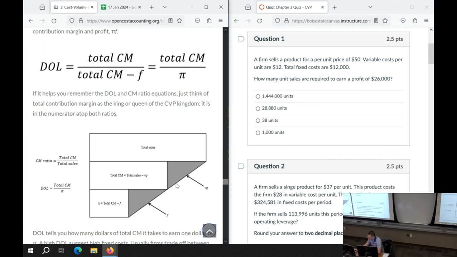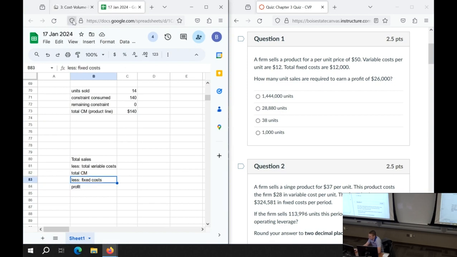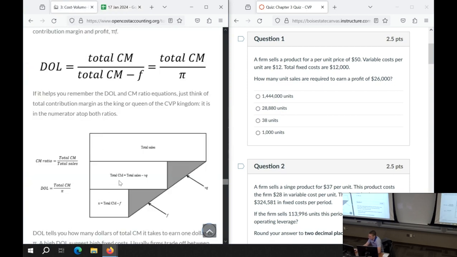And so this right here is how many sales dollars we're losing to variable costs. We're passing through to the next company. Degree of operating leverage takes total contribution margin over that profit amount, which is what happens after you take out fixed costs. And says, all right, well, let's express via ratio how much this is greater than this.